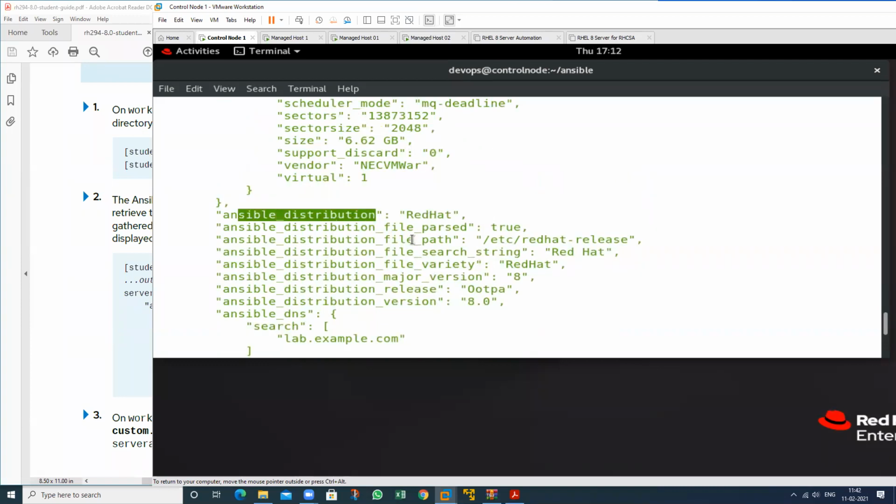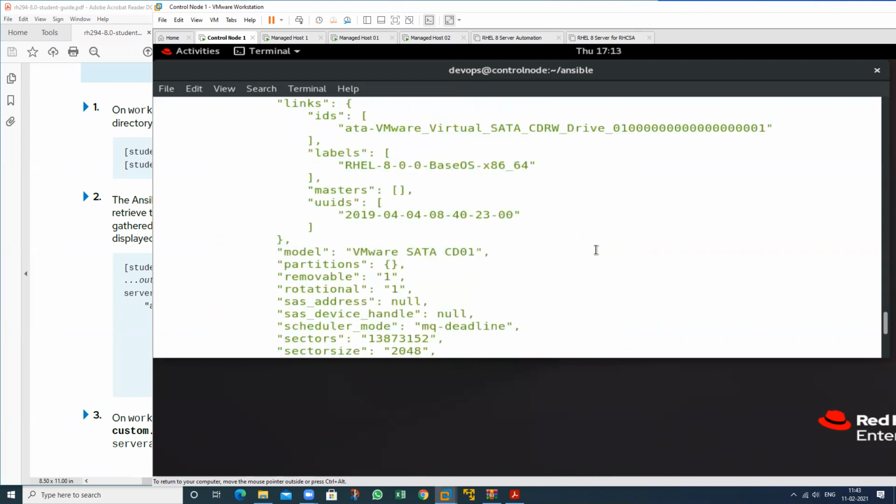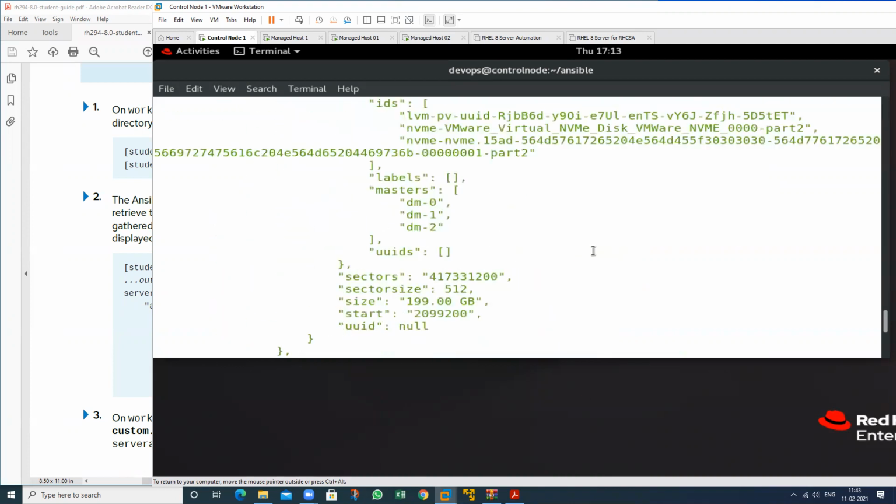Red Hat. What is the version? Major version 8. Variety? Red Hat. Release? You can see the information in this also. It will take this information from this particular file, and see the other information also.